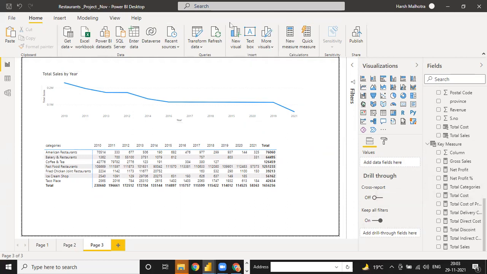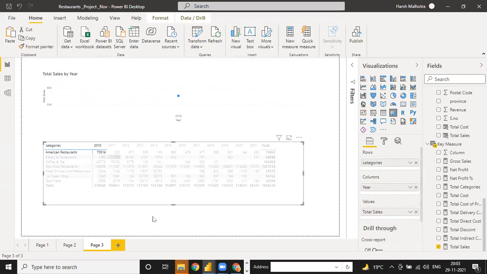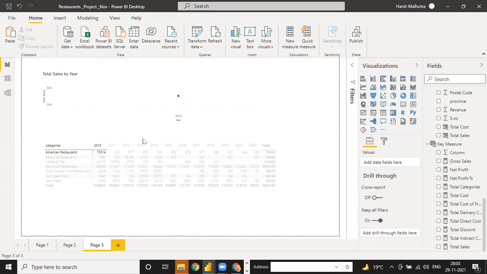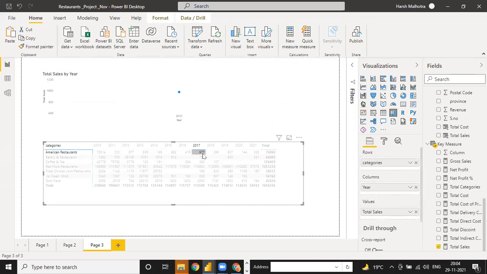So guys, tell me any other doubt, Neeti and Prachi, you have? And tomorrow in the next class we will do some further calculation, that for every department, suppose if you need to calculate only this value in the card chart, then how to calculate? Because this value will not calculate. Suppose your manager asks you, in 2020 tell me the total number of sales of this American restaurant. So you tell that 144, but how to show it in the card chart? I will show you how to calculate in the card chart as well.